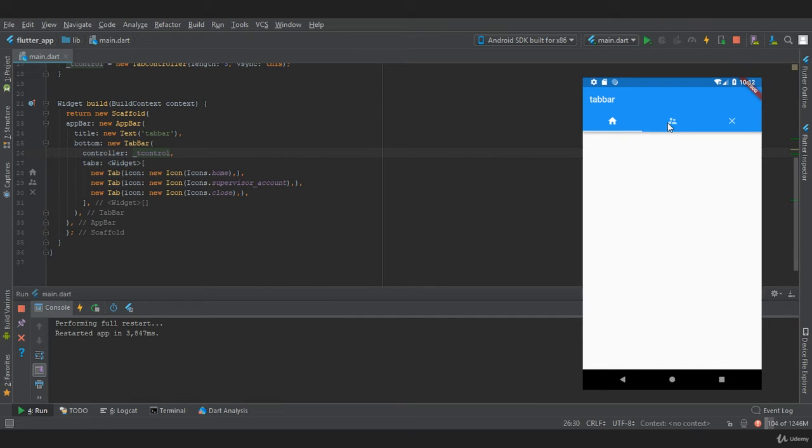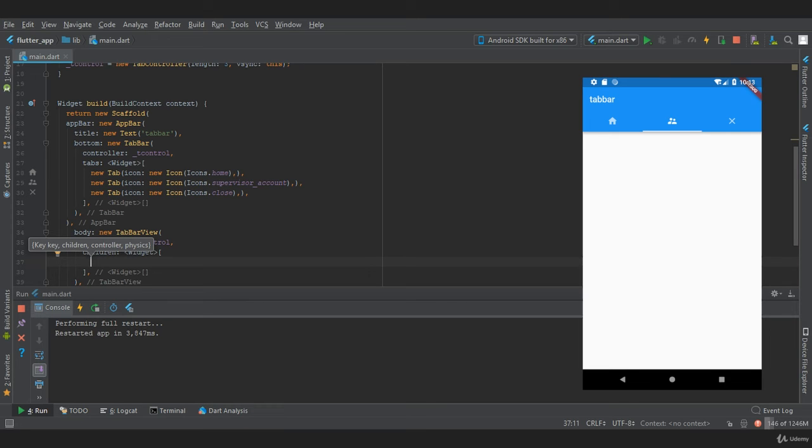Now as you can see, we have successfully created the top tab bar, but we don't have a body for the tab bar. So in scaffold we are going to create a body, and in this body we are going to provide a new tab bar view. Now consider this tab bar view as the body of different tabs. In this we are going to provide two properties, which are controller, which will be t control, and the second property is the children property, which accepts a list of widgets. So in this we are going to provide the body of different tabs.